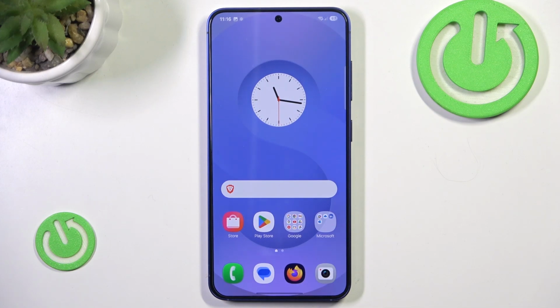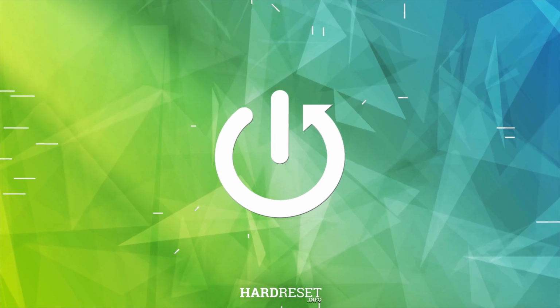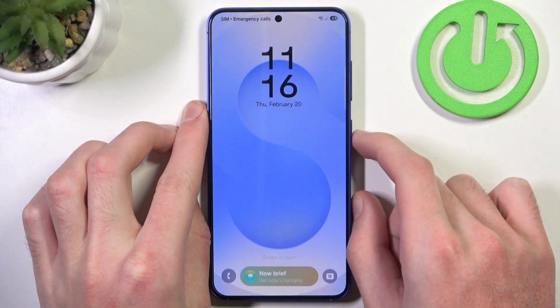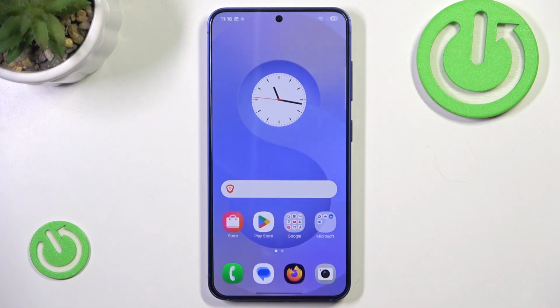In this video I will show you how to enable dynamic lock screen auto on Samsung Galaxy S25. Let's begin. As you can see currently, our lock screen is pretty boring as it always looks the same, so let's change